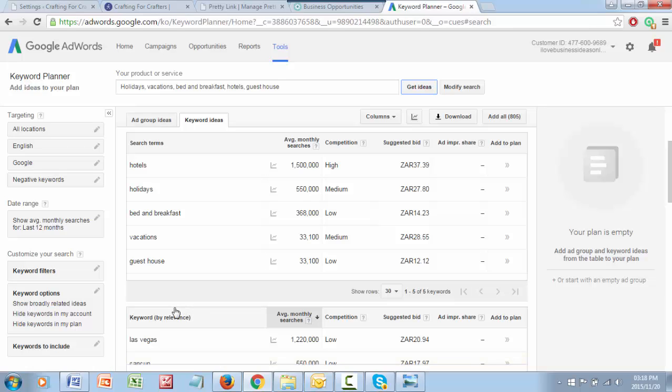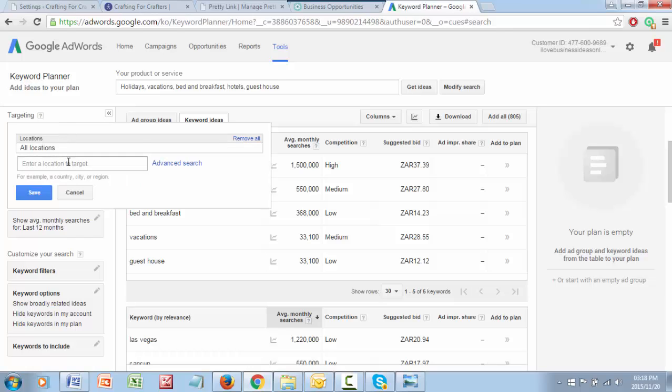Now, let's presume that we're going to look at this for a guest house or a B&B in South Africa. Okay. Now, it's where I'm at. So it's easy for me to have a look and know if I'm in the right sort of, wow, my internet must be slow for a bit, as per usual. But it's going to tell me what my potential market is. Remember, I'm doing long tail keyword research. I want to know if I have the potential. In fact, if people are actually looking for what I've got.